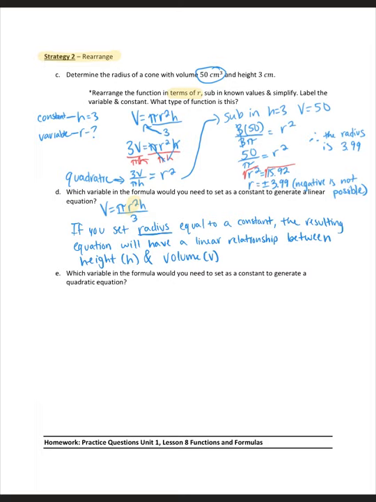Okay, which variable in the formula would you need to set as a constant to generate a quadratic equation? So remember, once again, v equals pi r squared h over 3. So when we set our h to a constant, right, then that still left us with an r squared, and that r squared created a quadratic relationship. So if you set height equal to a constant,